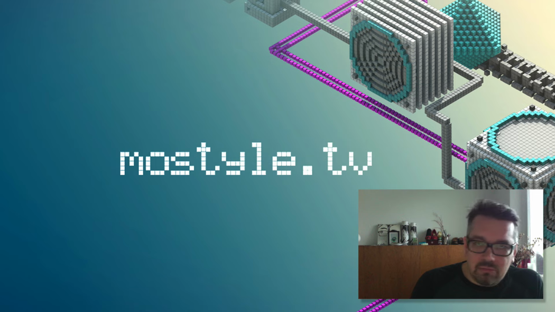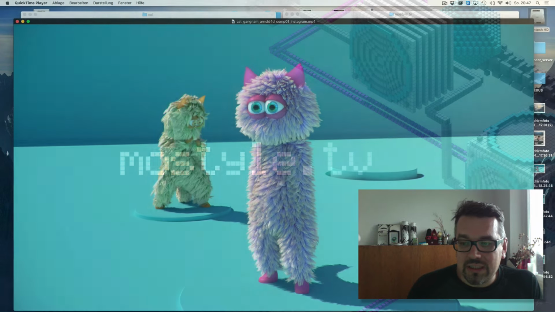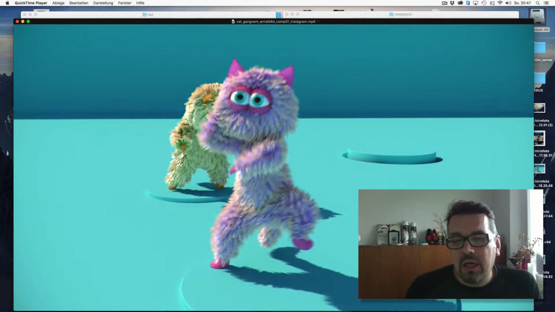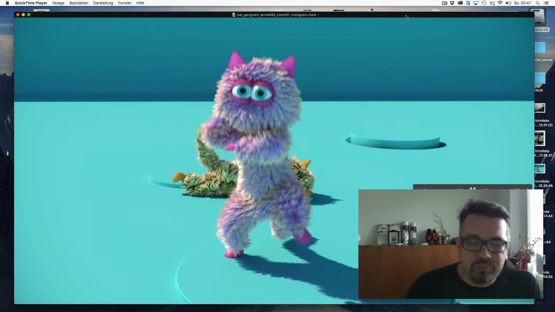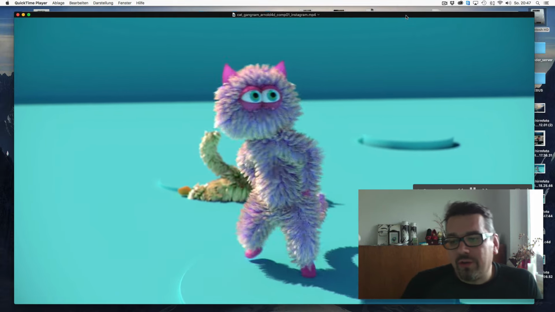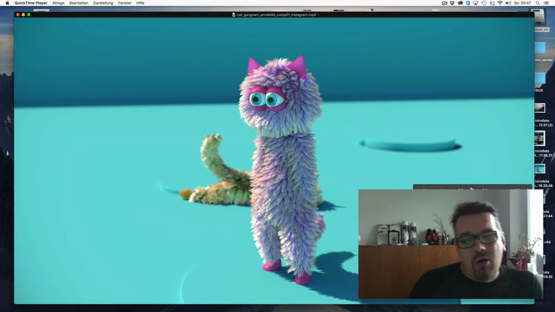is, like I said, technically very similar, but looks very different. It's this little, I call it monster cat or something. And maybe the guys who watched my first Mixamo tutorial saw how I import this character into Mixamo and come back with these animations.